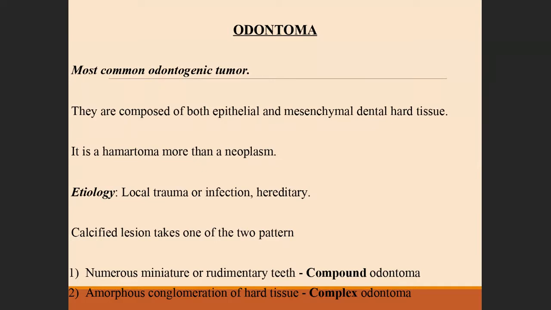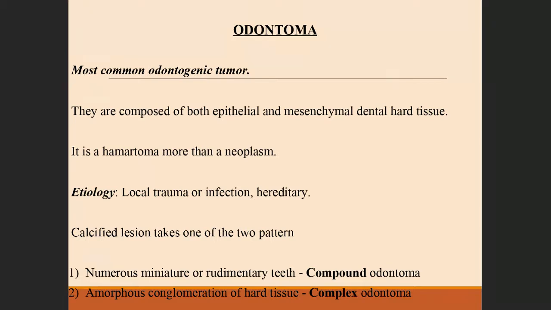Now, this tumor is otherwise called composite odontoma. Composite means having more than two tissues. So here you will find enamel, dentine, cementum, pulp, so more than one type of tissue. That's why we call it a composite tumor. Now, what is the etiology? Many theories are proposed. It may be due to trauma, infection, or inherited as a mutant gene. In some cases, you can find multiple odontomas.